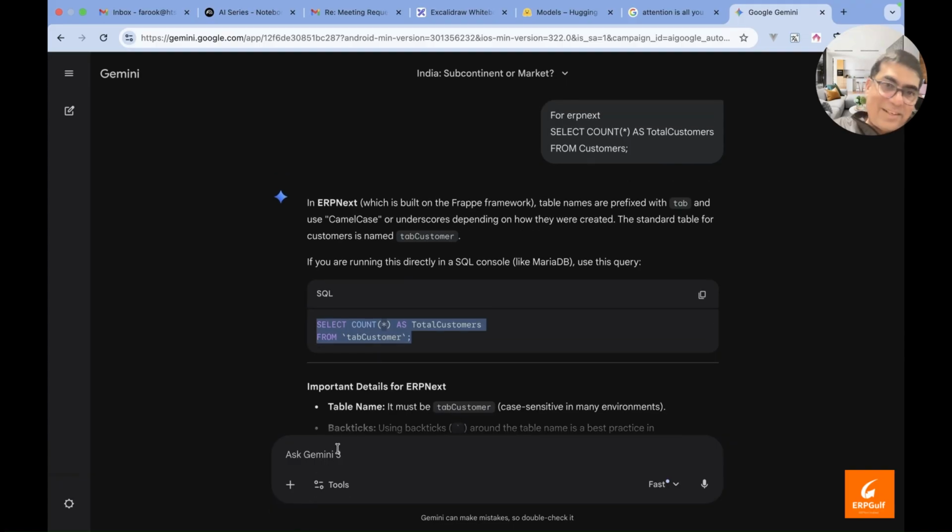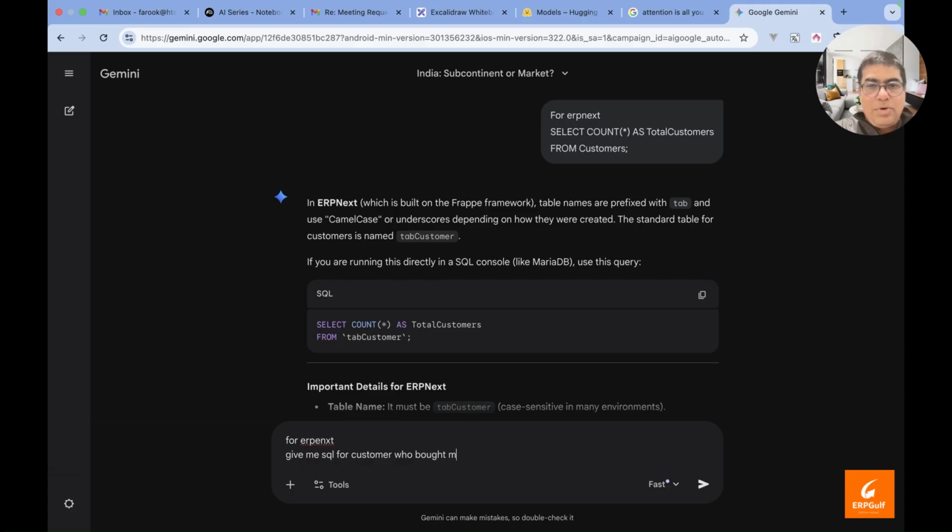For example, you just add the context for ERPNext, give me SQL for customer who bought most number of pens last month. Okay, so look at this. For ERPNext, the context is there, but you will find some issue here. That's the major issue when you are building